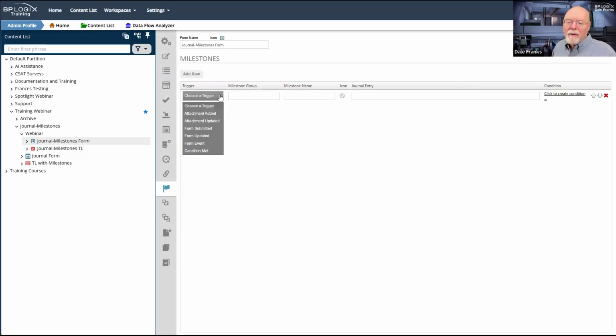And then I have some triggers. When we look at the process timeline, we're going to see some different triggers because process timelines have different events. The events that I have available to me on a form milestone are when an attachment is added.